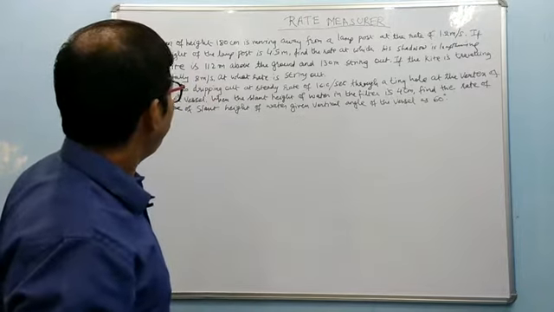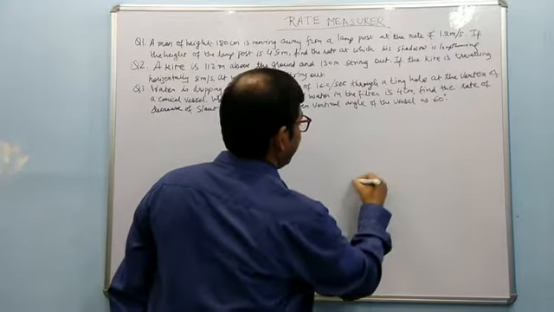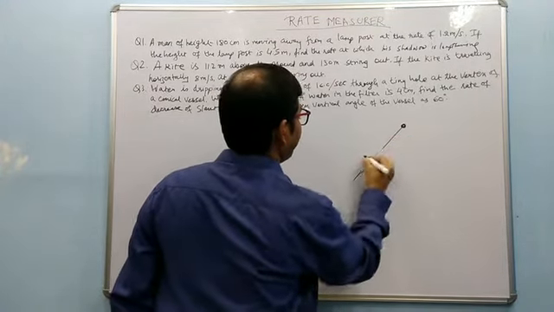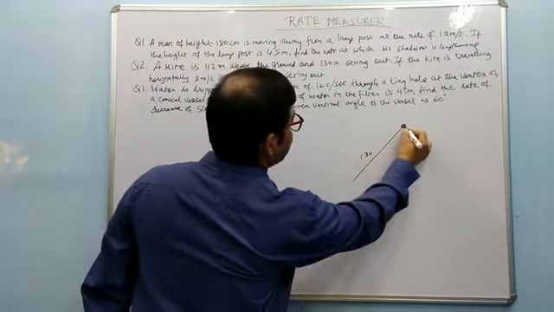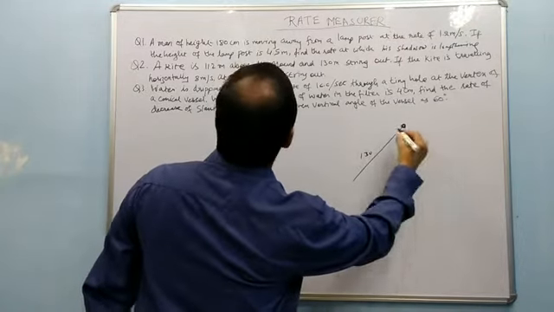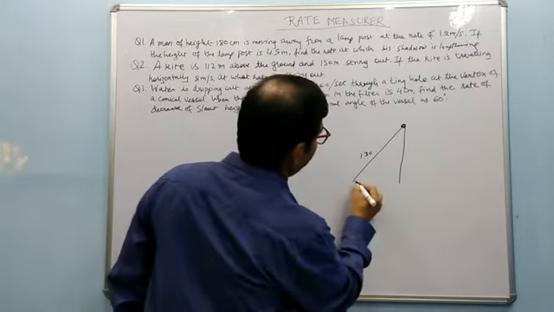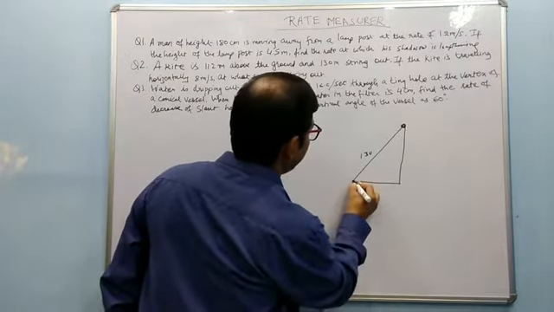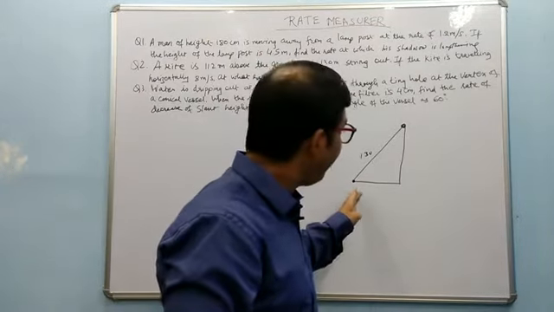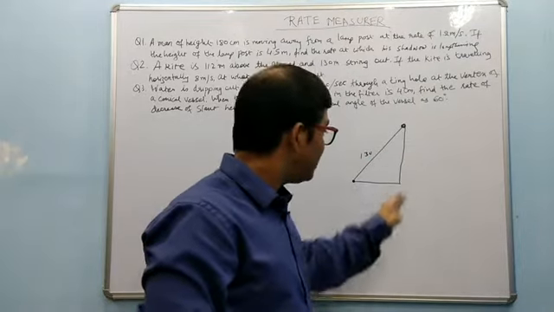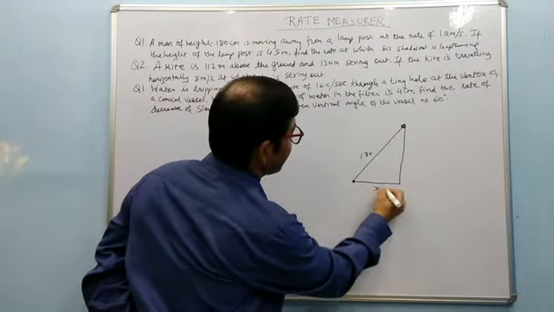A kite is 112 meter above the ground and 130 meter string is out. See here, kite is like this. This is the length of the string which is given here, 130 meter, and this is the height of the kite above the ground. It is given as 112 meter above the ground. And this is the horizontal distance of the boy from the vertical direction of the kite. So if we take this x,